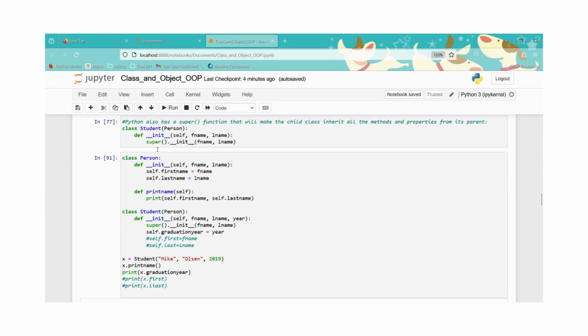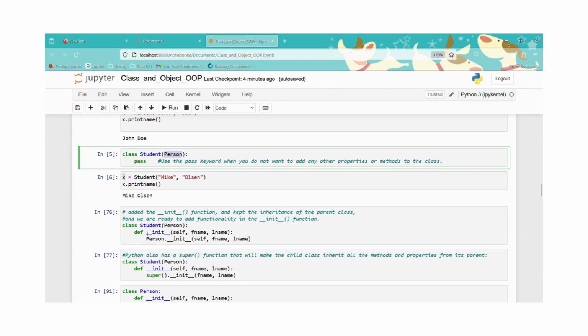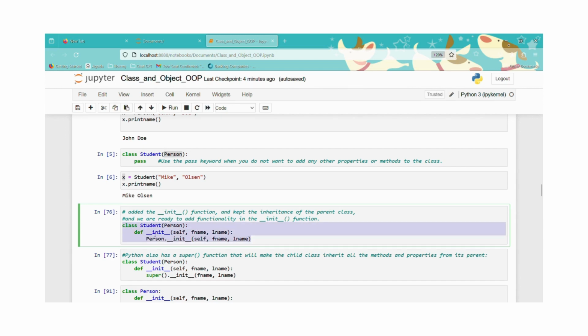It has access to the print name method because it has inherited the person class. So now see this example. In this example, you can, if you want to